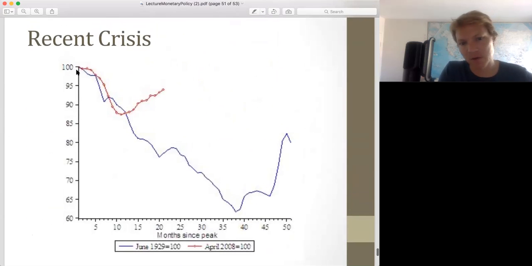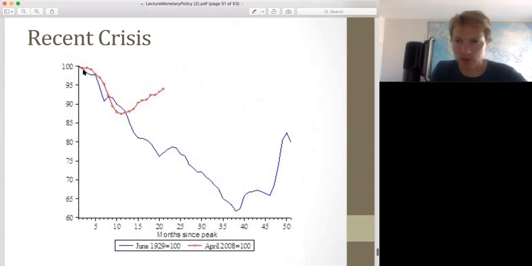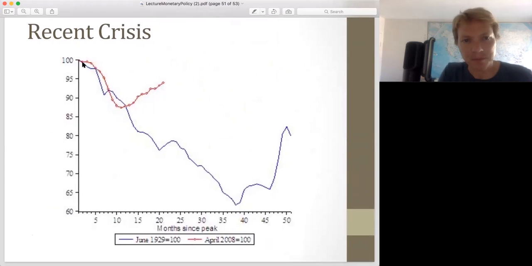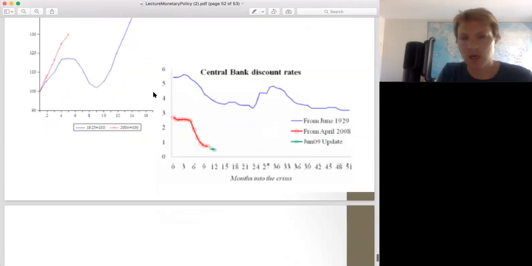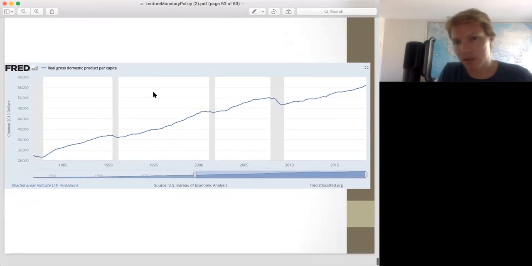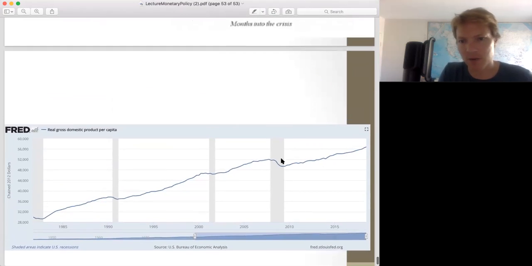And here you have the economy going off a cliff like it did. So the red line again is the recent crisis. I guess not recent, and it feels recent to me, but not recent to you guys. The 2008 crisis. So here's the economy going off a cliff. The blue line is where it went off a cliff in the Great Depression. You could see it corrects rather rapidly. And so they essentially learned their lesson and got the economy not all the way back to trend, but certainly the economy recovered.